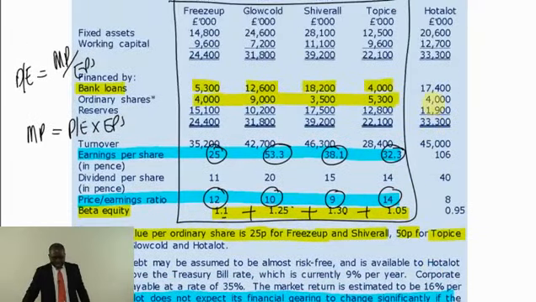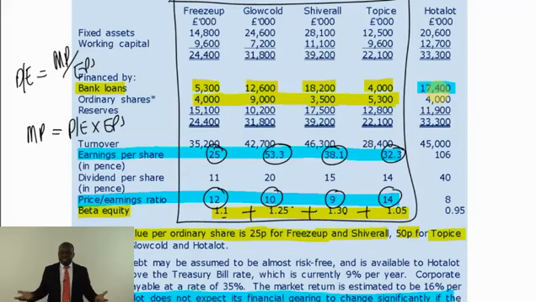Have I got debt? Yes, I've got a bank loan of 17,400, because the new bank manager giving me the money to finance the freezer activity will ask me, Fred, have you got debt somewhere before? I will say yes. What debt is that? I've got a bank loan of 17,400. He will compensate himself for the financial risk. So don't say, oh, it's there already. The new person giving you the money will compensate, because you would have to service that 17,400 before you come and service the one that you're going to get. So if I have to give you the money, I have to compensate myself with the risk associated with it.